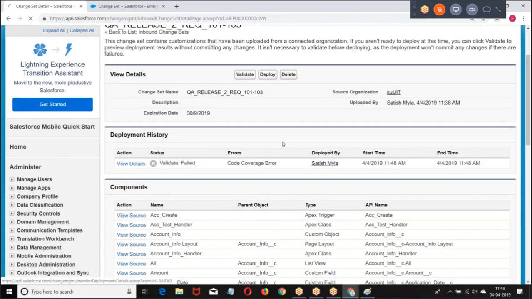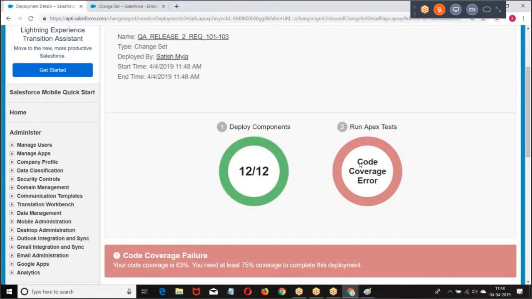Failed. Why did it fail? Code coverage. But when you created it there, it was already 100%, right? When I deployed, when it is running with the remaining test classes, it is not giving 100% code coverage. If it is less than 100, I can increase it. But already it is 100. I cannot increase more than this. The classes which I deployed already have test classes with 100%. I cannot increase anymore. Then what will you do in that case?